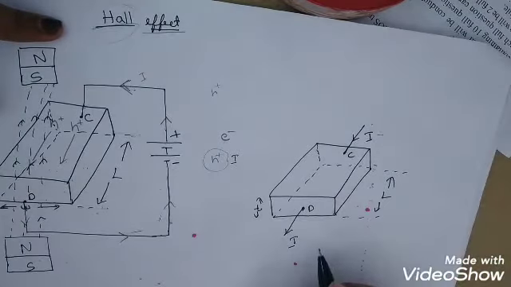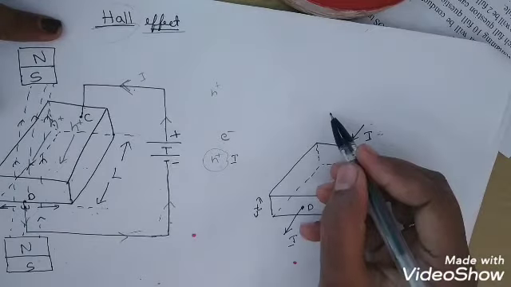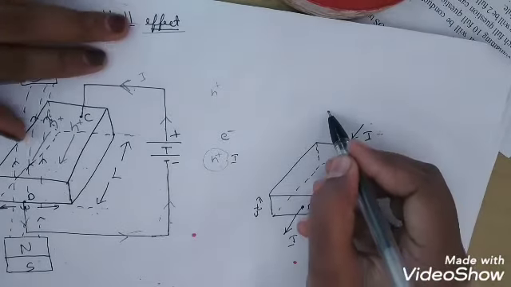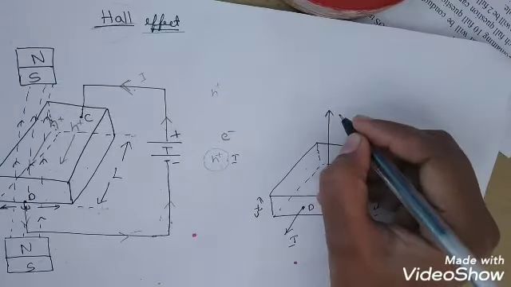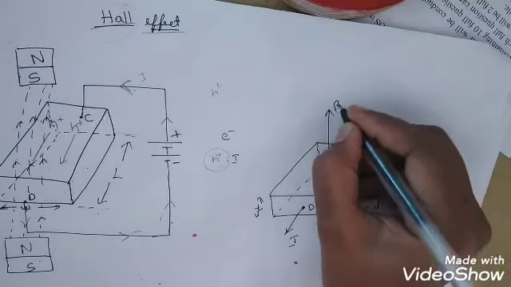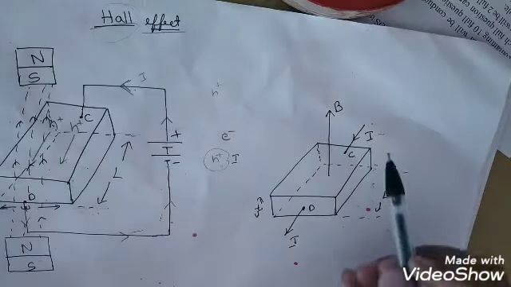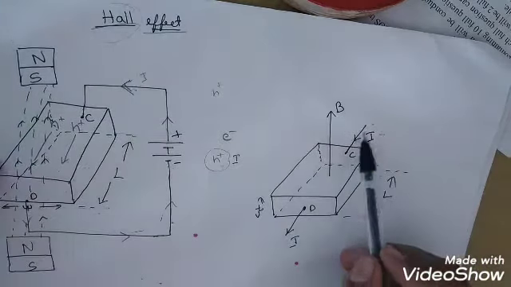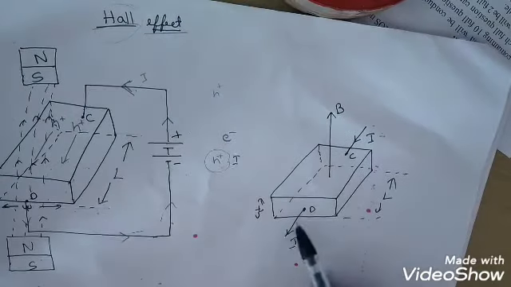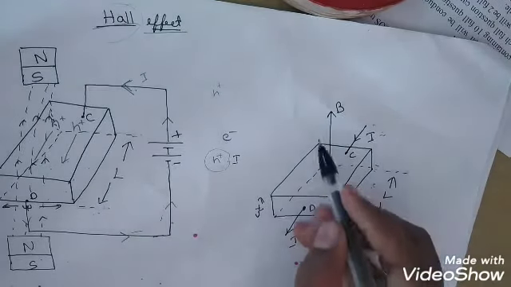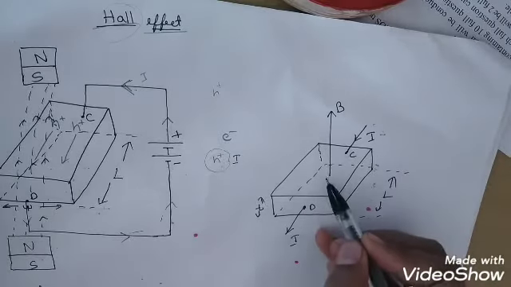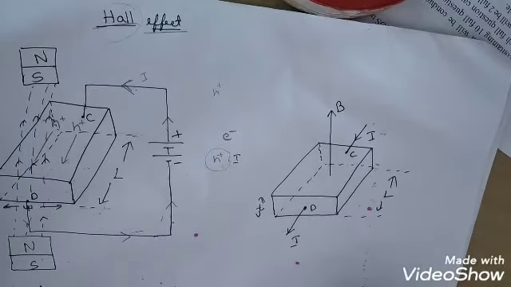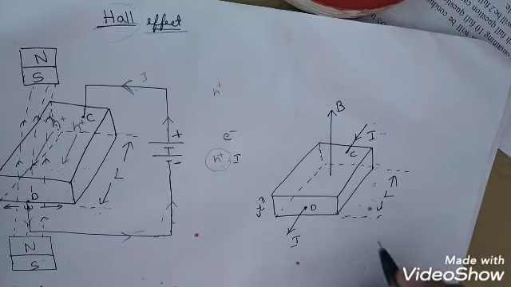The magnetic field is applied perpendicular to the direction of the hole movement. Consider this as the magnetic field, call this field B. This is the current entering the semiconductor material and leaving it, and the magnetic field which we applied is exactly perpendicular to this one. They are transverse to each other, 90 degrees to each other. Now we understand what happens to these holes.